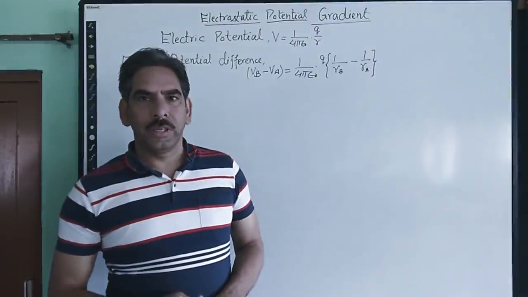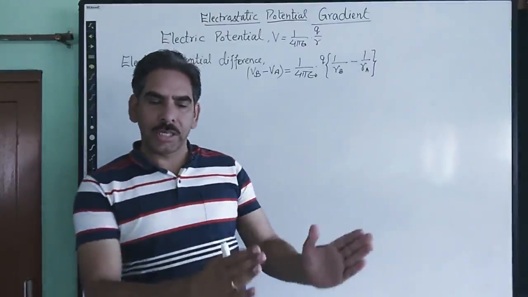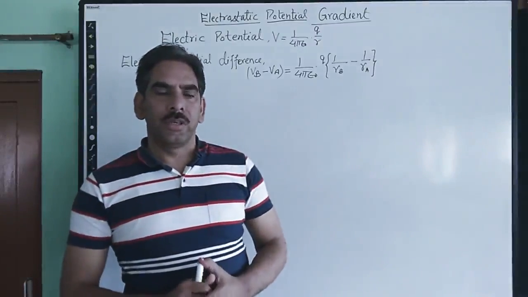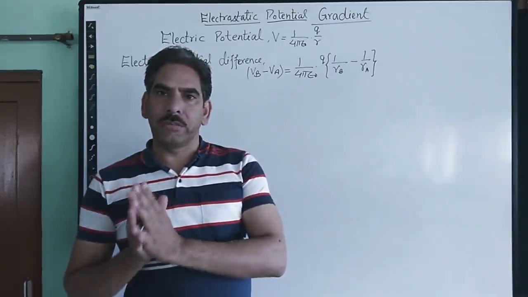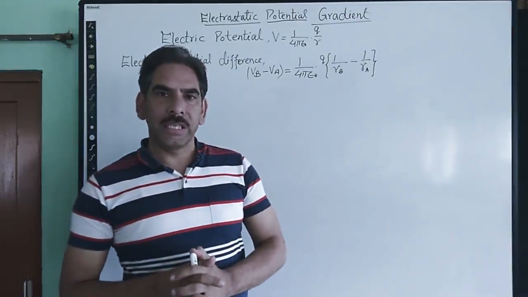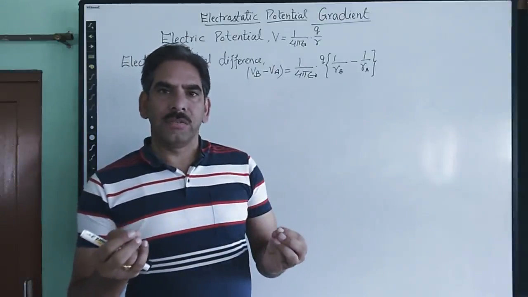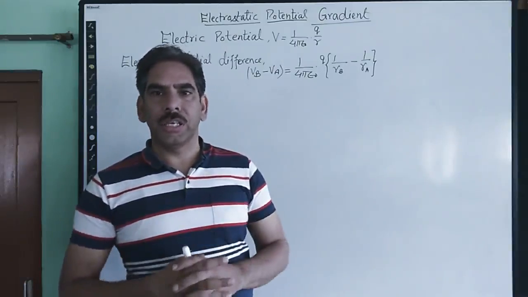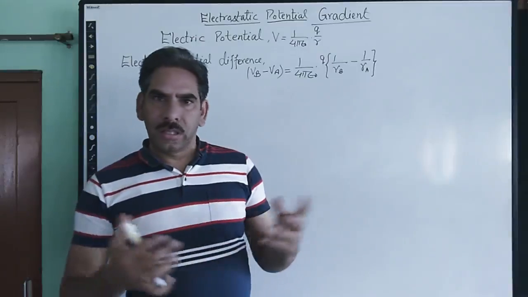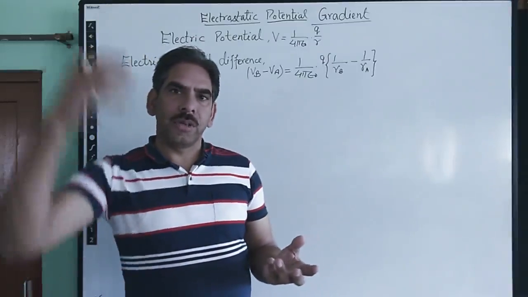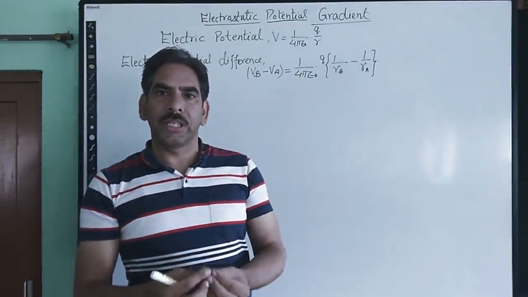Hello. In our last video, we discussed expressions or formulas for electric potential and electric potential difference. We clearly discussed what electric potential means and what electrostatic potential difference means. Electric potential difference is about doing the work between 2 points lying in the electric field of the given charge, whereas electric potential is about doing the work in bringing the charge from infinite distance to some finite point within the electric field of the given charge.